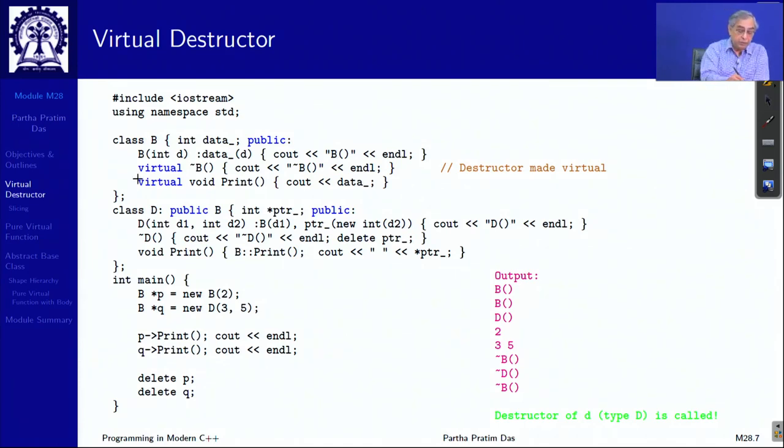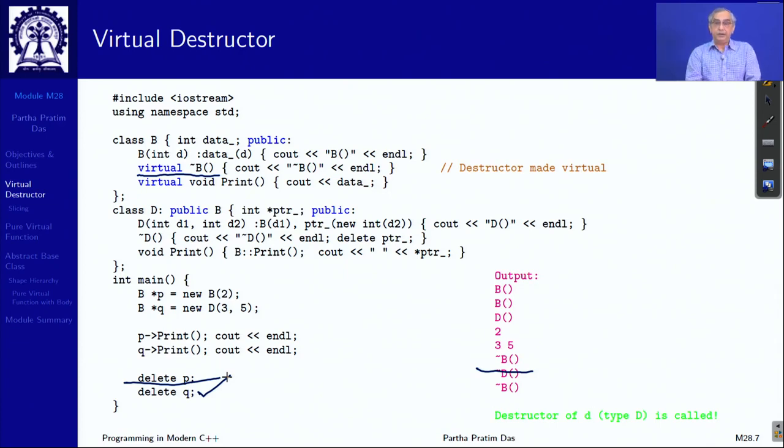All that we need to do is to make the destructor of the base class B virtual. Everything else remains the same, there is no other change. Up to this point, everything is identical. Now, what happens when I call delete q? Though q is a pointer to the base type, but that base type